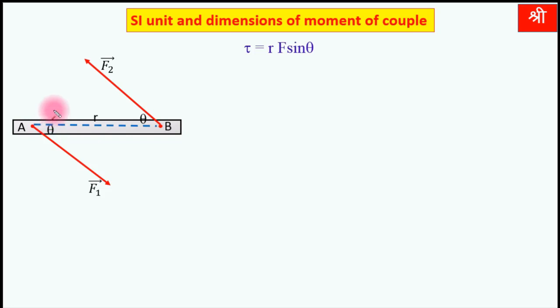We will have to draw a line like this, a line which is perpendicular to this vector F2 as well as this vector F1, and suppose this point is C here. Then from this figure you will get sin theta equal to AC upon this R, sin theta equal to AC upon R. From that you get AC equal to R sin theta. Therefore torque is equal to